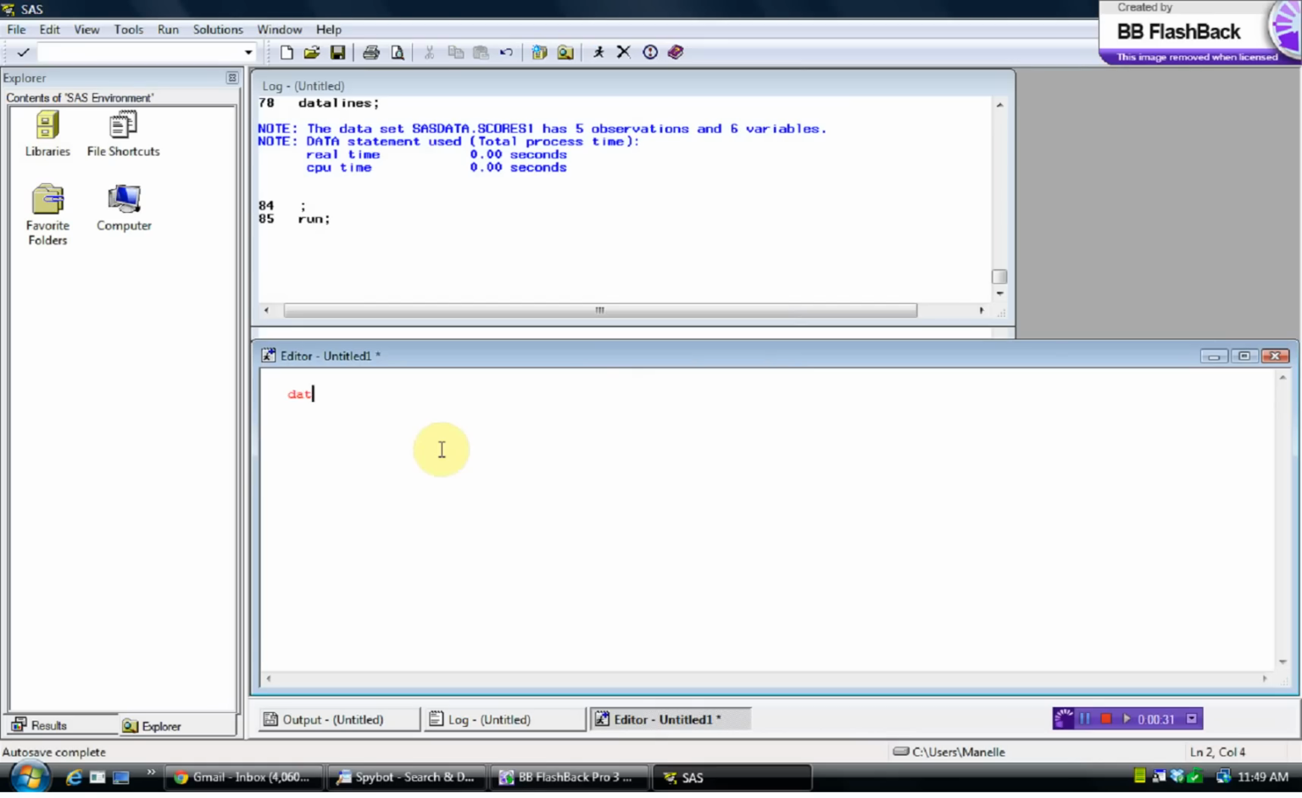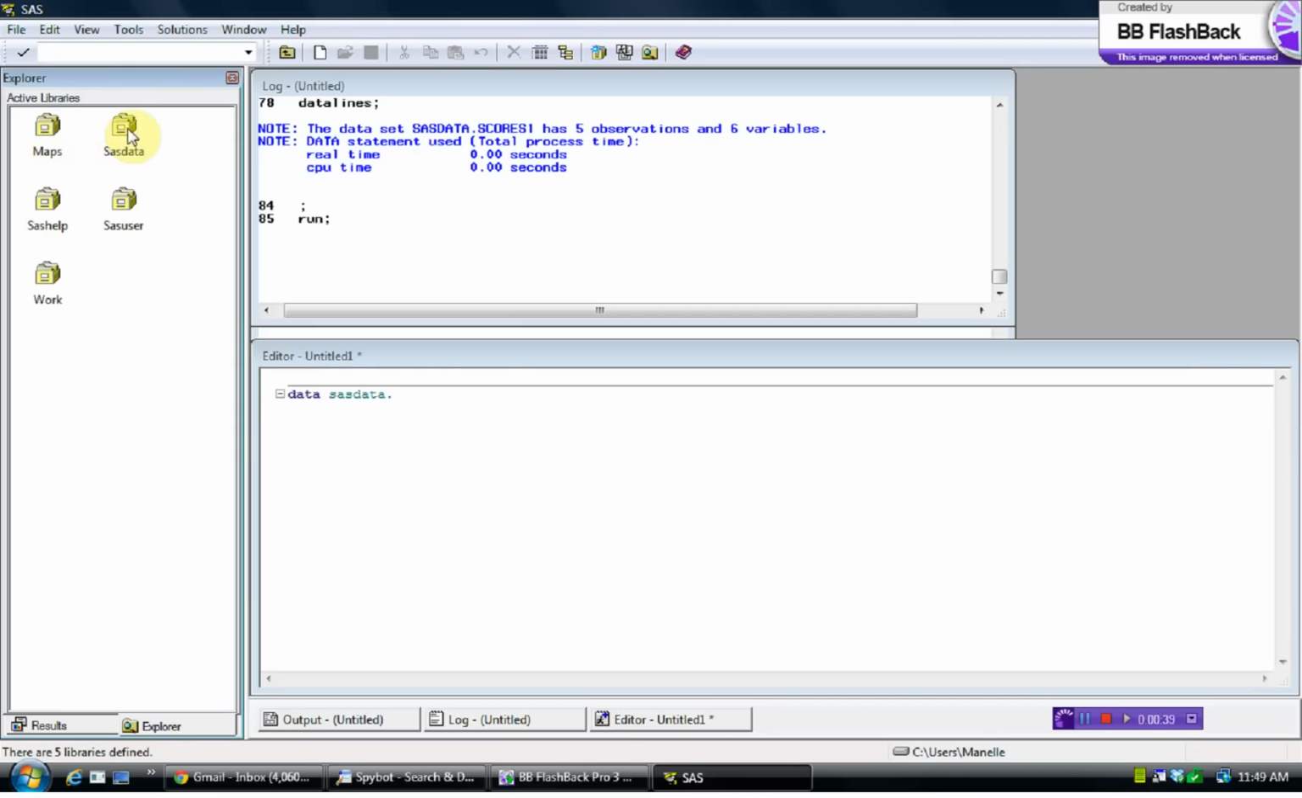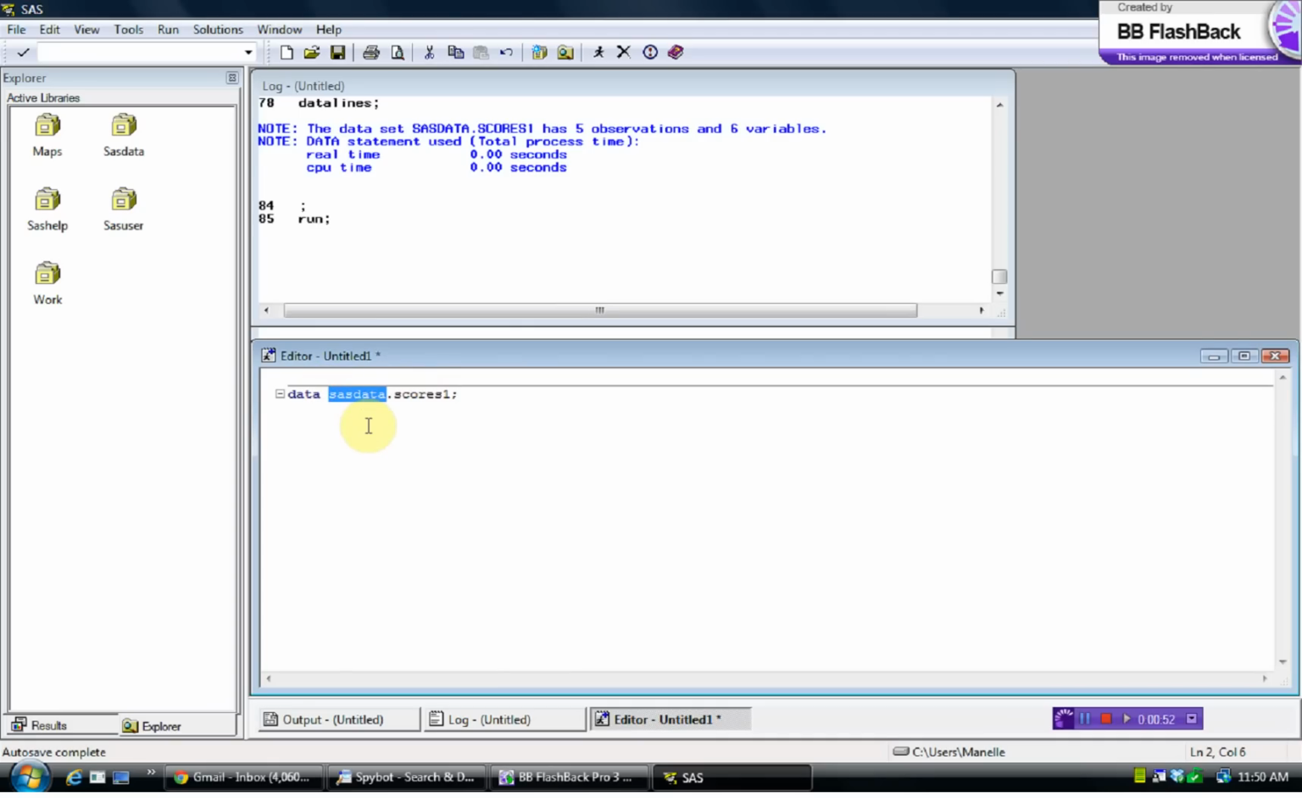Here we go. I would like to save this new data set to the SAS data folder, which is contained in the libraries right here. And let's call it scores. Actually, let's call this one scores 1. So that's the first thing. This is telling SAS what library or folder to save it to, and this is telling SAS what I'd like